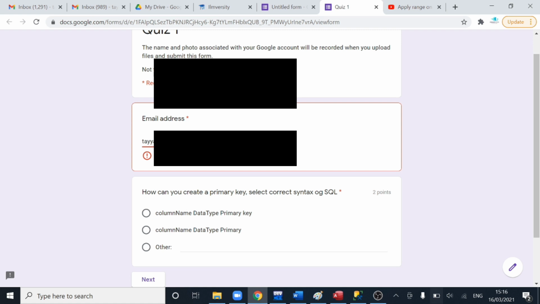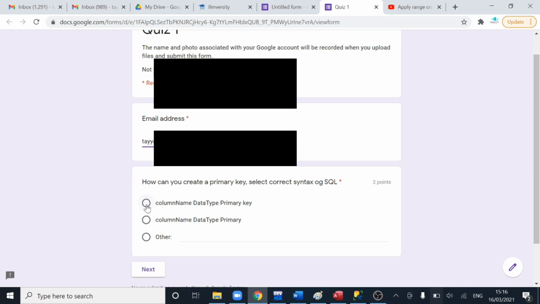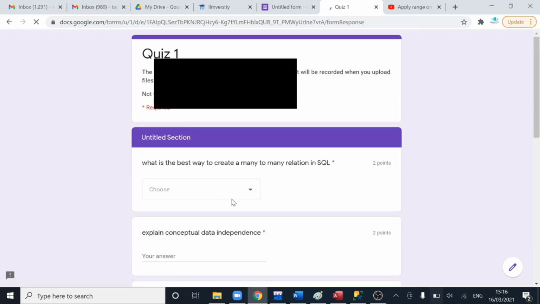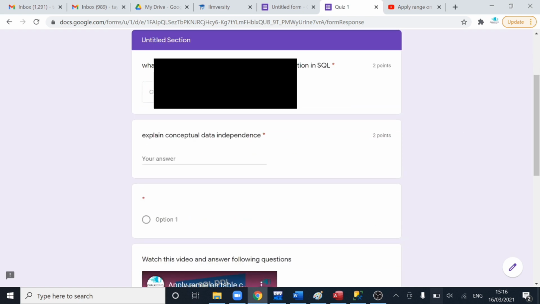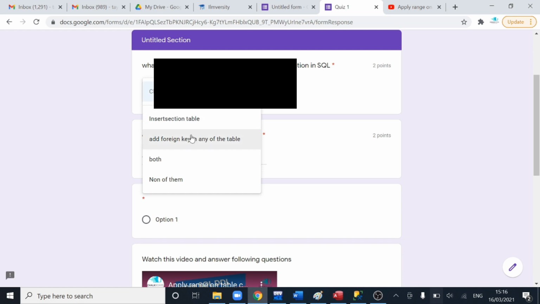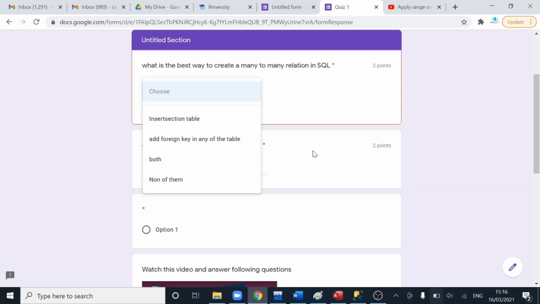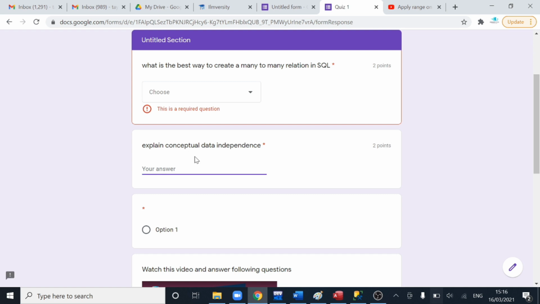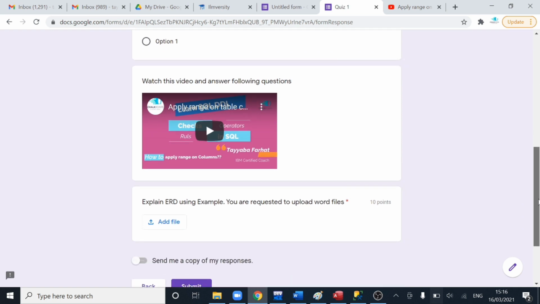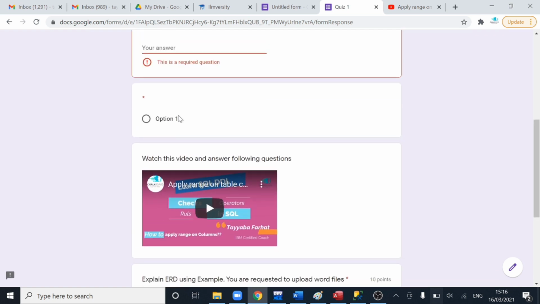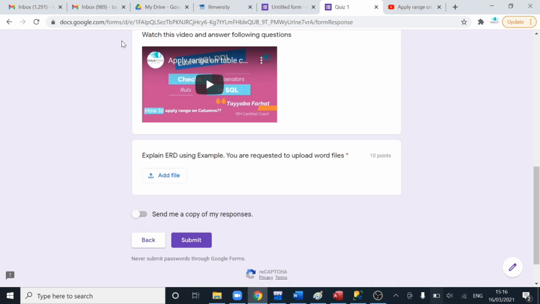One important thing: if you want to make multiple sections, then it's up to you, and you can even create one question per page if you want students to attempt one question and then jump to the next question. So this is the next page, and here are all the questions. You saw a drop down list, then the short answer for your question, and later in the quiz we added a video. You can see how students are going to view this video, and depending upon the video, if you have asked them to upload a file, they have the option to upload from here.